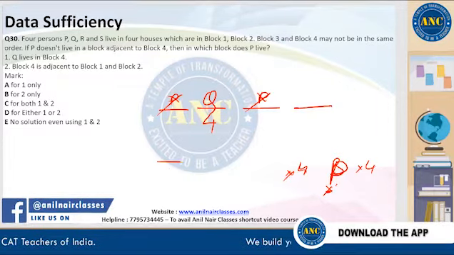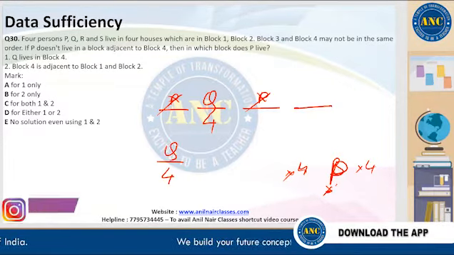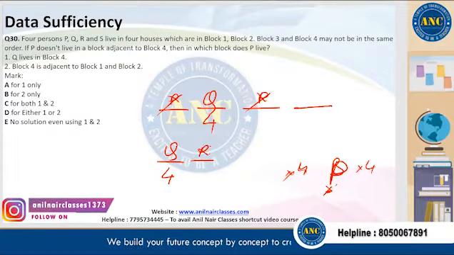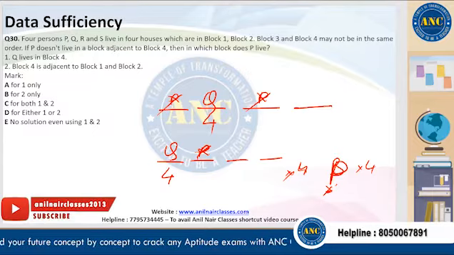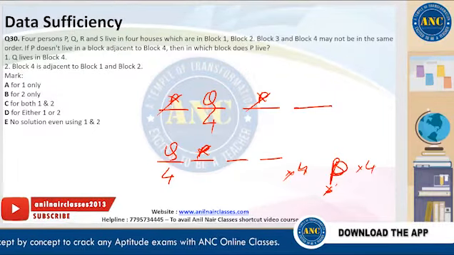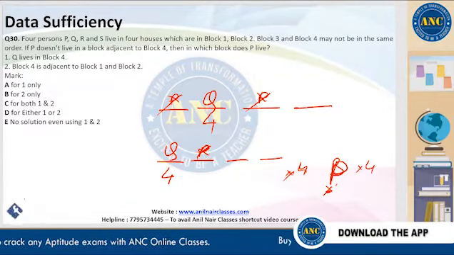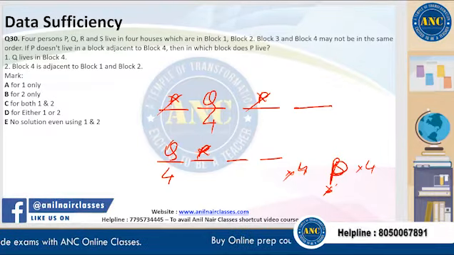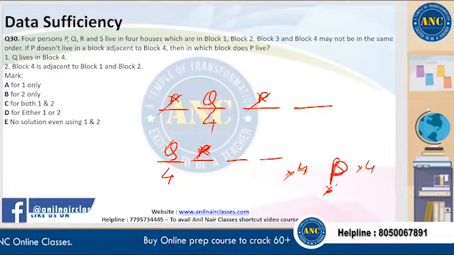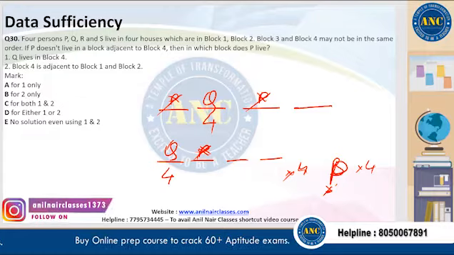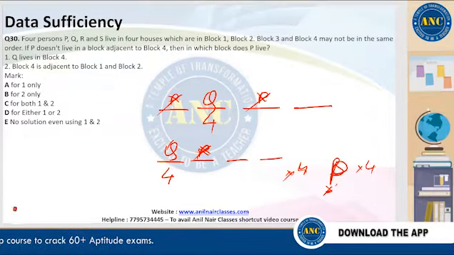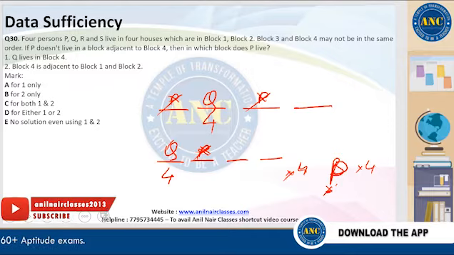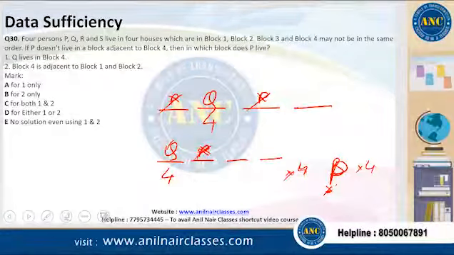There could be another possibility. This is block 4, Q lives here. P cannot be here, but there could be another 2 blocks here, right? That could also be a possibility, right? P does not live in a block adjacent to block 4. Q lives in a corner, so there's only one place where P does not live. Q lives somewhere in center, then P cannot be in 2 of the places, right? So with that, can we answer which block P lives in? We cannot. So we'll go to the